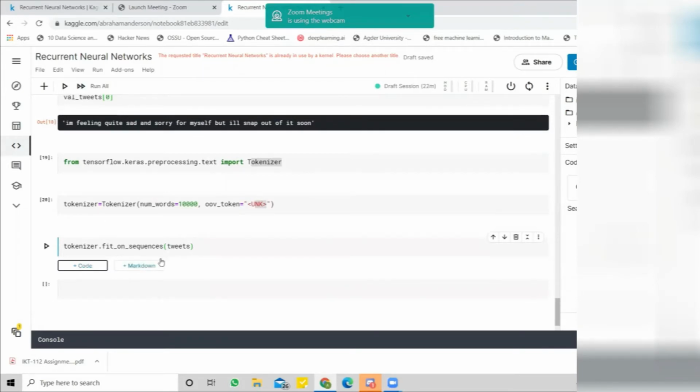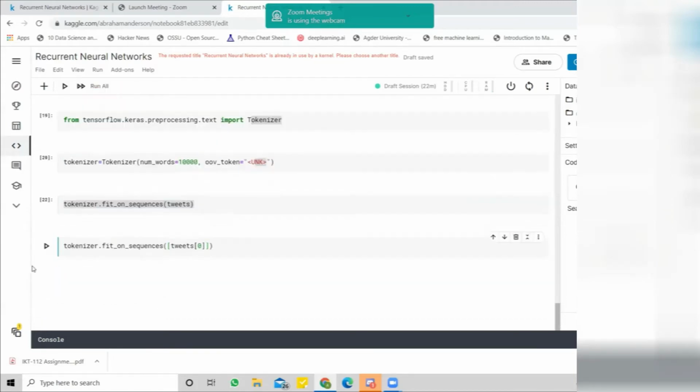For example, in order to see how it transforms words into numbers, let's see the result from the first tweet, right?